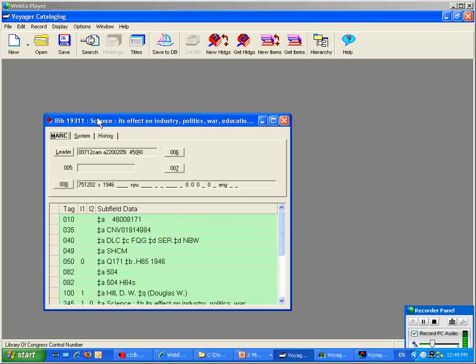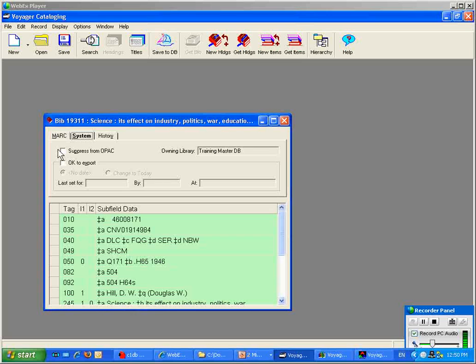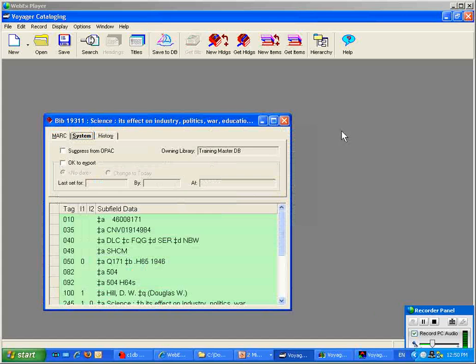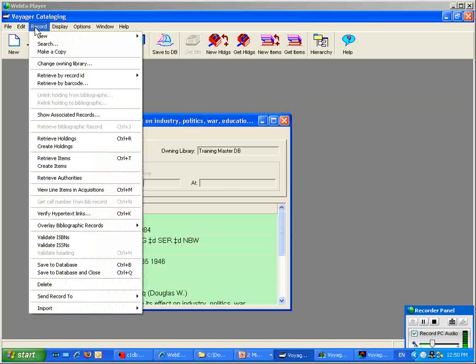Okay, fairly old item. If we go to the System tab, of course, we can see that it is not suppressed from the OPAC. Going to get hold of the barcode, because that is a critical piece in all of this. So here in cataloging, I can just simply use Control-C to copy that information. And we'll go ahead and close that part of things. So then choosing the pick and scan function,